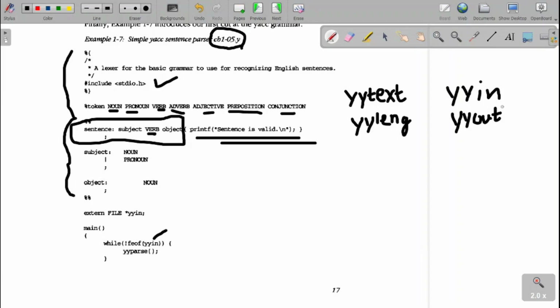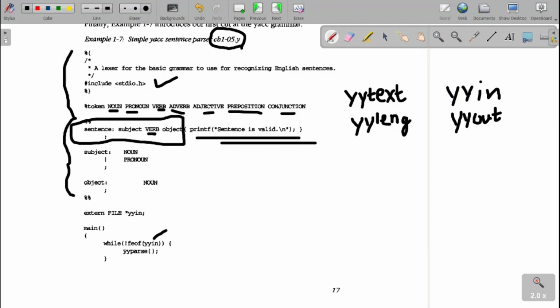If I want to have my input from a file, then I am going to use the keyword yyin. It is a file pointer, so that is going to read the input from the file. Next, by default, the output will be printed on the monitor. In place of the monitor, if I want to print my output to a file, I am going to use the yyout file pointer. The yyin file pointer is used if you want to change your input mode from keyboard to file, and the yyout file pointer will be used if you want to write the output to the file, not to the monitor.